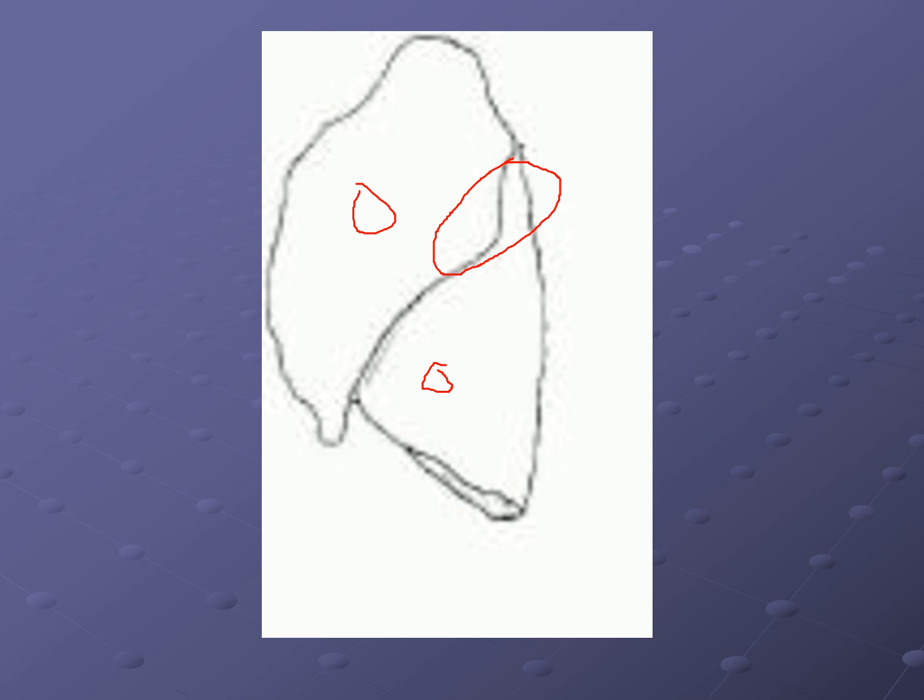The thing that I think is very interesting is people will listen, say from the back, and they will listen up here, and they'll say, oh, they've got a left upper lobe, or they've got a middle lobe or whatever. The problem is that with this fissure that goes down just like this, it's really hard to know what lobe it is. So whenever I describe lung sounds, I just say the left upper field or the left lower field. Without a chest x-ray, it's really hard to tell which lobe it's actually in.